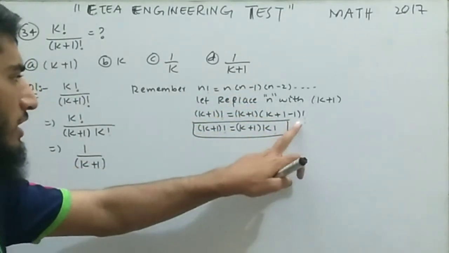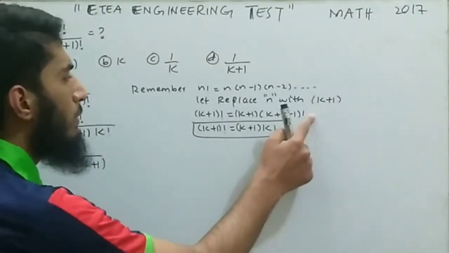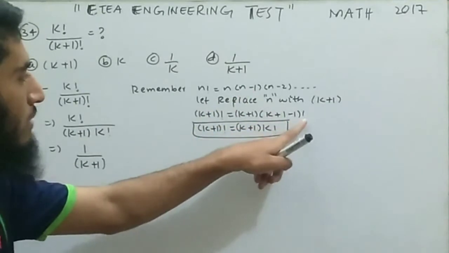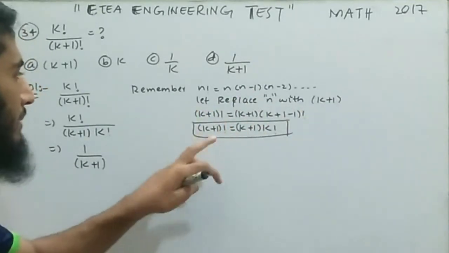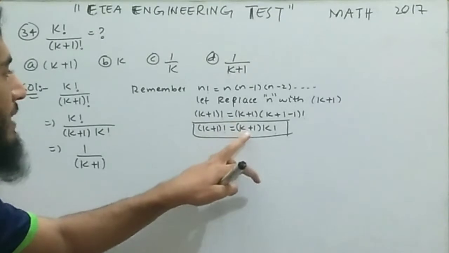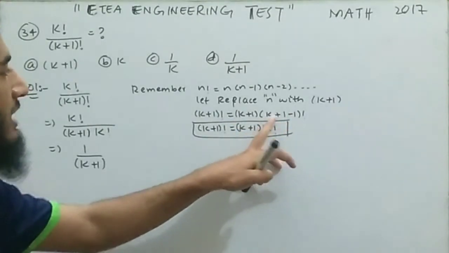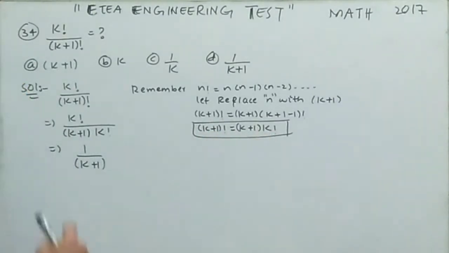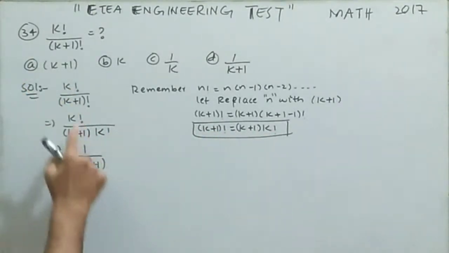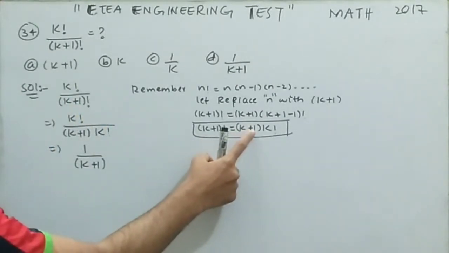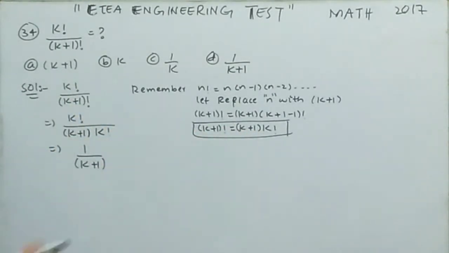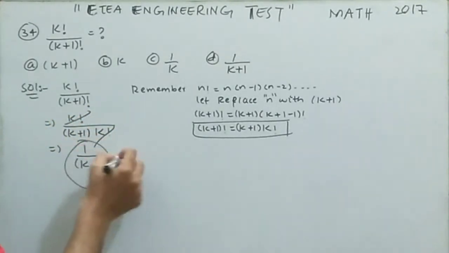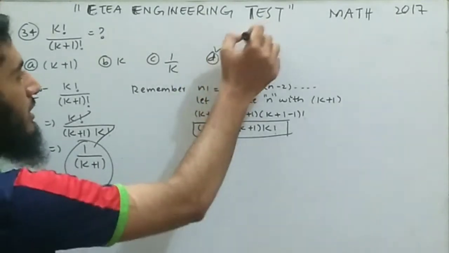Let's assume I stop over here. You can stop it anywhere. So let's suppose I stop over here and I put k plus 1, so k plus 1 minus 1 factorial. By simplification, it becomes k plus 1 factorial is equal to k plus 1, the 1 cancels out with negative 1, we are left with just k factorial. Now the value of k plus 1 factorial is k plus 1 into k factorial. Now coming to the question, k factorial comes down as it is, and the value of k plus 1 factorial, we find that it is equal to k plus 1 into k factorial. Now k factorial cancels out with k factorial, we are left with 1 over k plus 1. It means this is the required result. So the correct option for this MCQ is option number D.